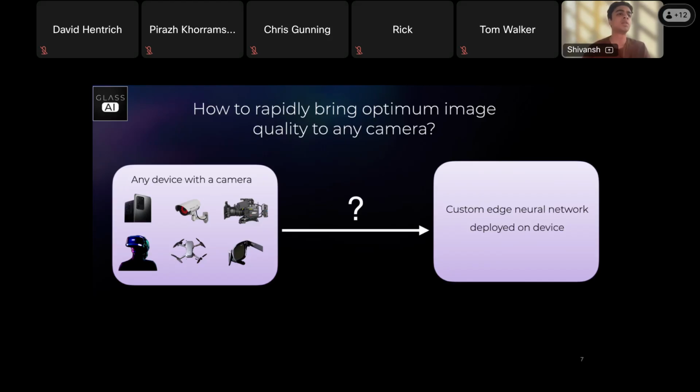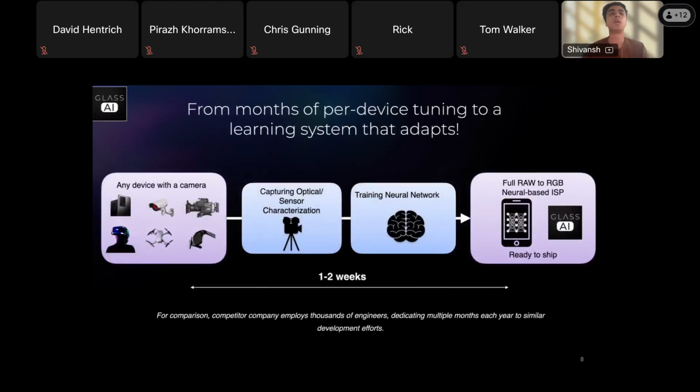So this brings us to the core fundamentals of what this tutorial will cover. We try to bridge the gap between any device with a camera to a full RAW to RGB neural based ISP pipeline. We break it down into two steps.